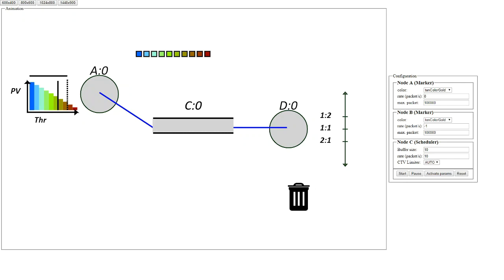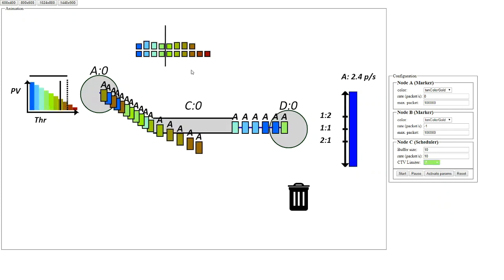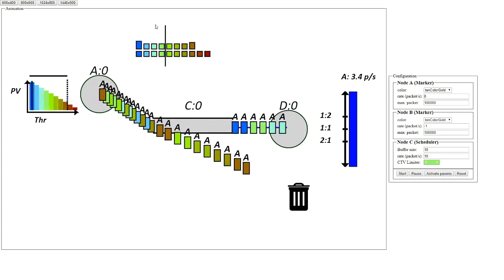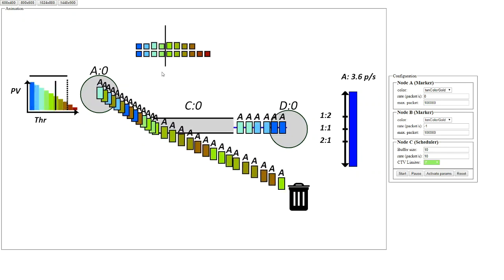This animation shows how the throughput of a traffic aggregate can be controlled by dropping packets below a specific packet value threshold. The different colors represent different packet values. Dark blue denotes the largest packet value, which is 10, and dark red is the packet value 1, which is the smallest. The sending rate of the source is 8 packets per second, and there is no bottleneck in the system. To demonstrate the role of packet values, we first filter out packets below value 7, representing light green color. As a result, all the packets with colors representing smaller values are dropped. At the receiver side, we can see 4 packets per second throughput.